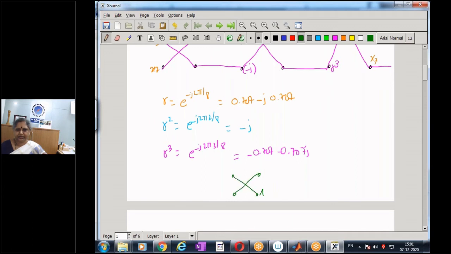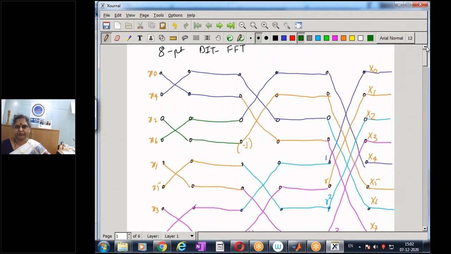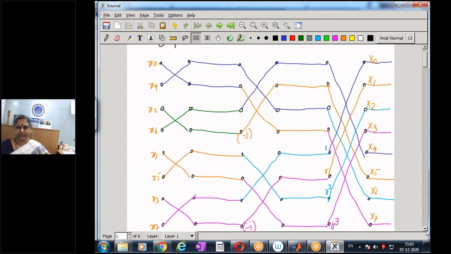And in general, a 2-point computation, suppose I have say this is A and B, and this has a branch gain of W. The output is given by A plus WB, and this is A minus WB. Using this notation, we shall compute the 8-point DFT of a given sequence. So now let's take an example. So for that, this is a blank diagram, the basic signal flow graph for any 8-point computation. So we'll just take this and we'll try to solve a numerical example.